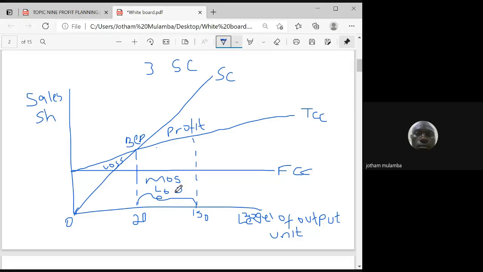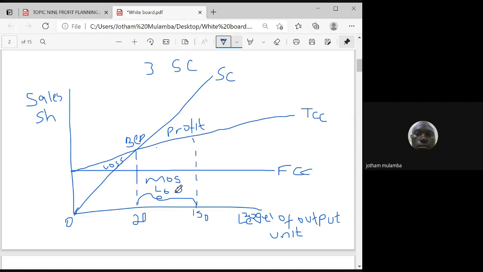That means the business school will be sustainable. At least we can generate something to pay back the investors or the owners of the business. But if we get below 20, then we'll be going back to the investors to seek financial support to pay our bills. Now, if we get